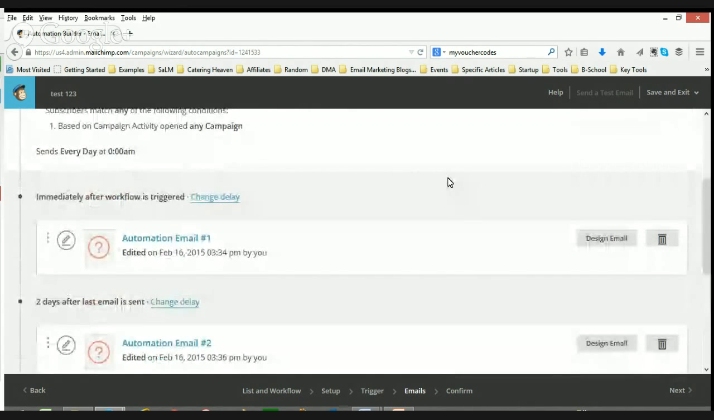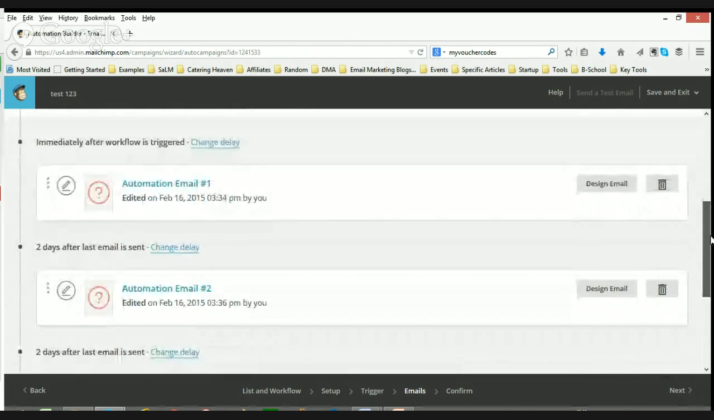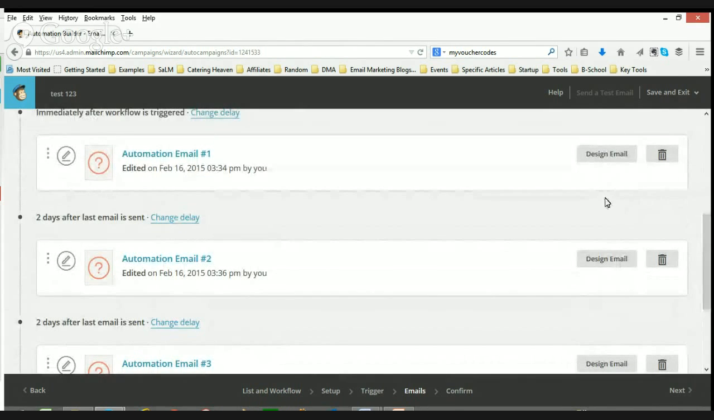Now, when you actually come to designing the emails, it's exactly the same as you would do with a normal campaign. Now, you can see here the buttons say design emails. That's because we've literally just added the places for these emails so far. We haven't actually done anything to them. So once we go in, we add a template, we add content, it will then switch this button to say edit email. So let me just show you that quickly. So if we click on design email,